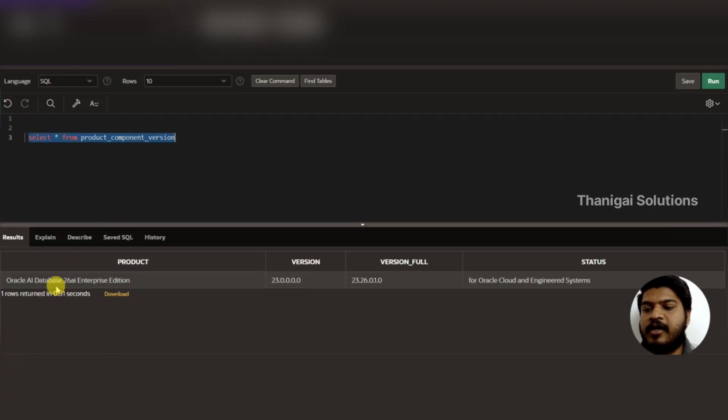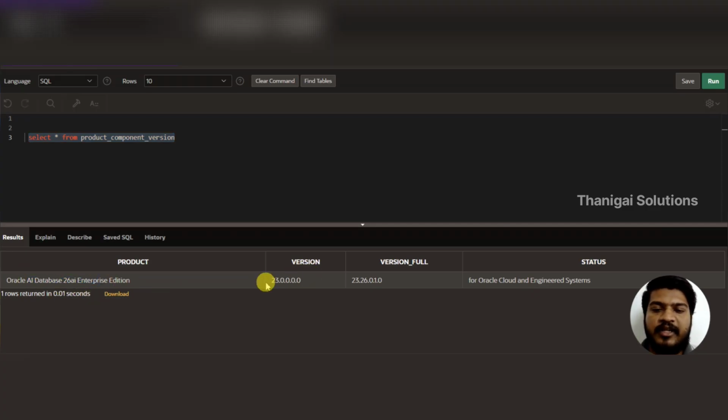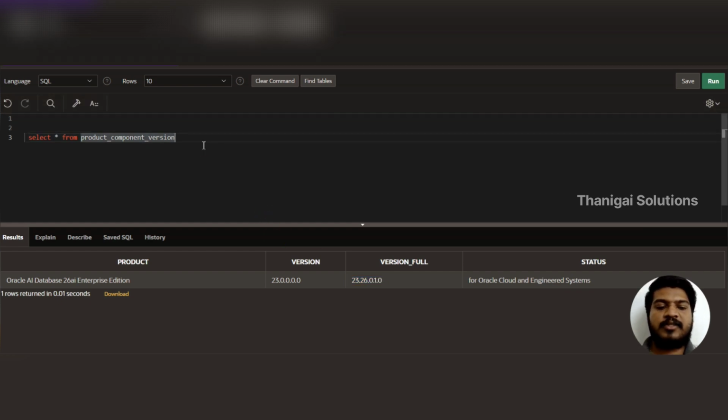Here you can see it's Oracle AI 26AA. The version is 23, and the version full is 23.26. That is the 26AA database, so in this database we are going to work. Now we will see, one by one, the features which they introduced at the SQL